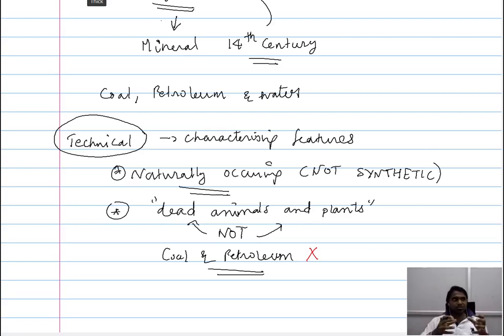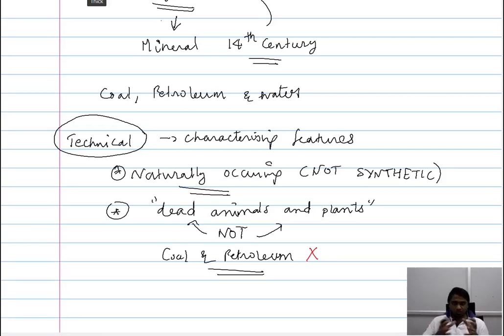So even though in those settings, coal and petroleum are referred to as minerals, in a technical setting, when we want to study the minerals exclusively, then when we consider its characterizing or distinguishing features, one of the distinguishing features is that it should not involve dead animals or plants. Because of these distinguishing features, in a setting wherein we are about to study a mineral as a category of substance distinguished from others, we cannot include in such a technical or professional setting, coal and